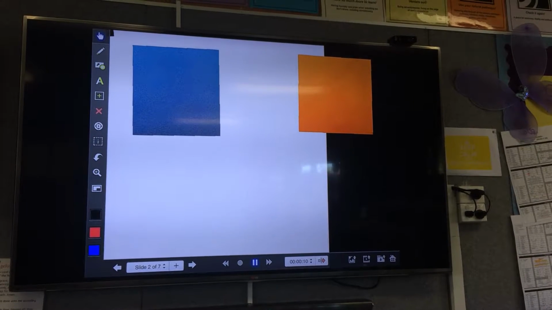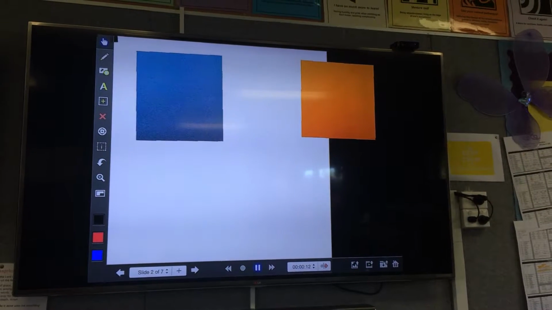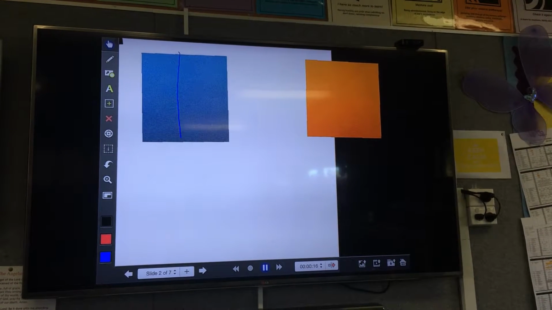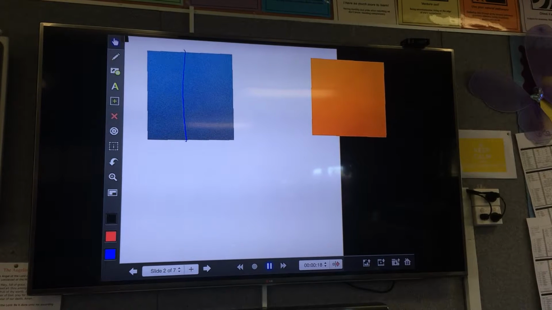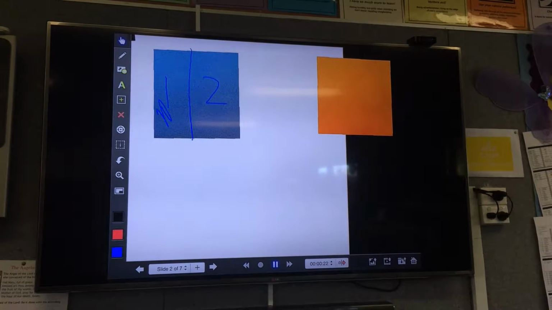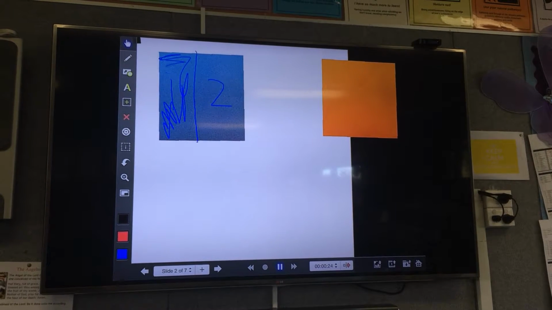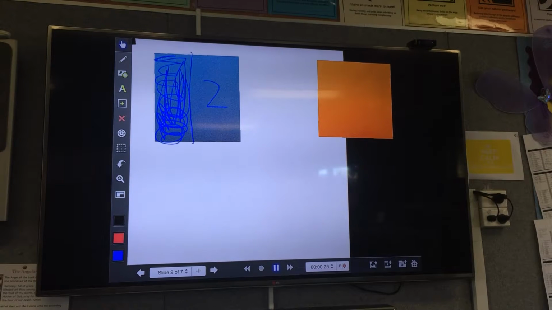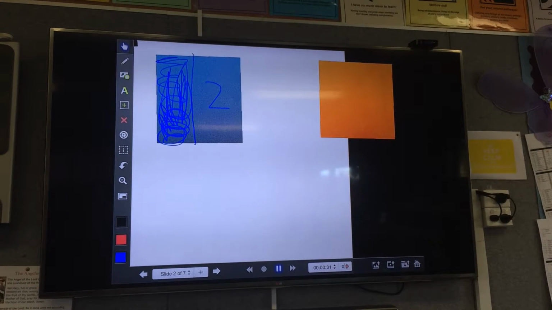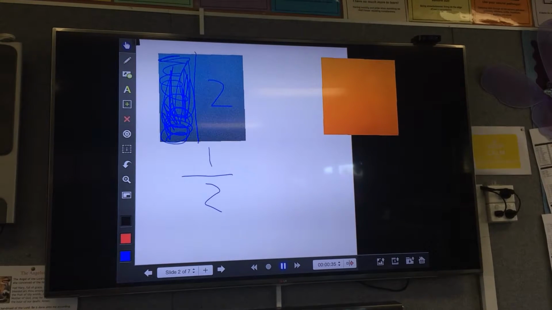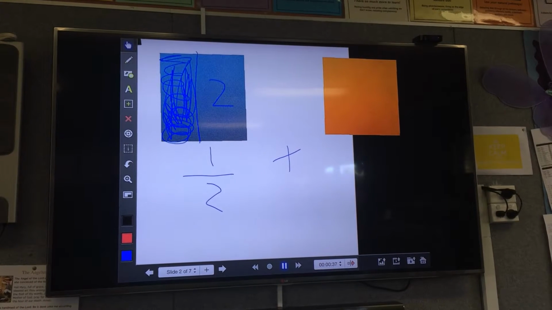This is 1/2. And to make it 1/2, we have to cut it in half. And because that's 2 halves, 1, 2, and we only need 1, let's shade in 1. And because this one's shaded, we can tell that this is 1 out of 2 parts that are shaded. So that's 1/2 plus